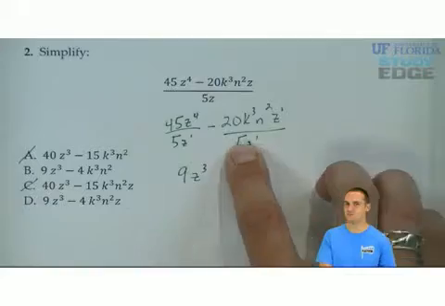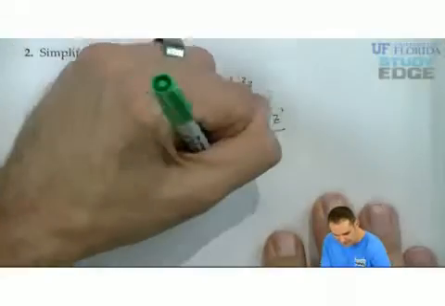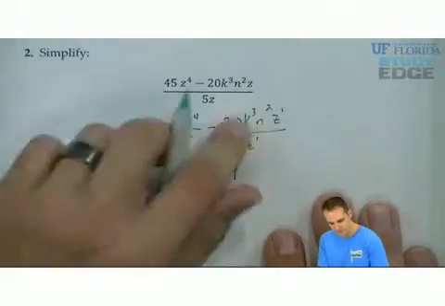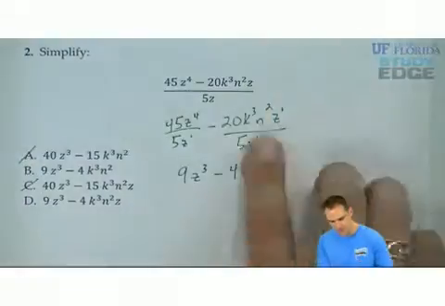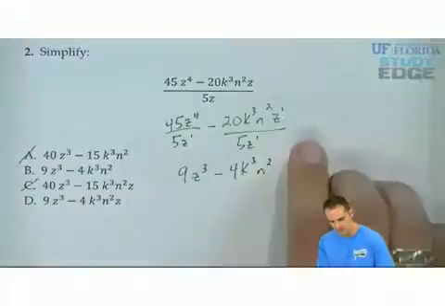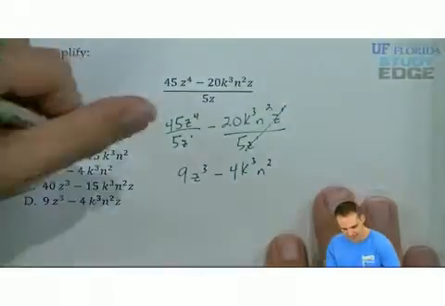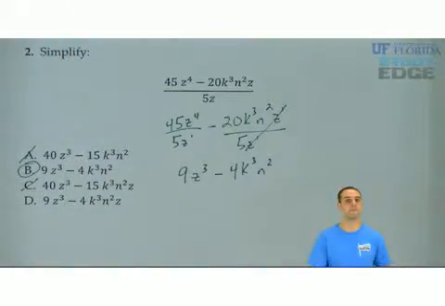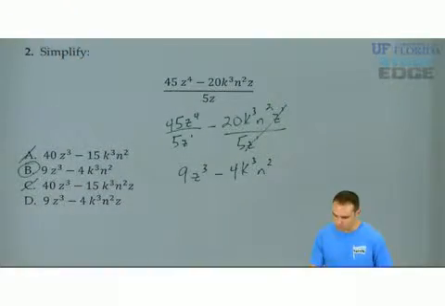But to finish this up, negative 20 over 5 minus 4, k cubed, leave it alone. N squared, leave it alone. Z's, simplify, and that's why the answer is D. So here, when we're asked to divide a polynomial divided by a monomial, we're going to chop it up. We're going to split up the numerator and then perform our division. Divide the coefficients and subtract the exponents. So remember, if you have any question,